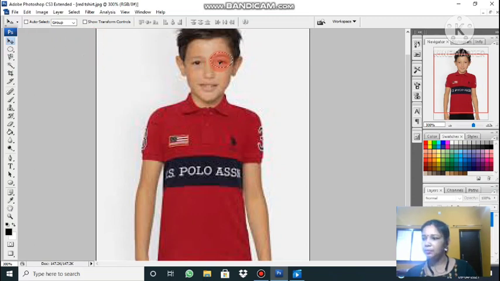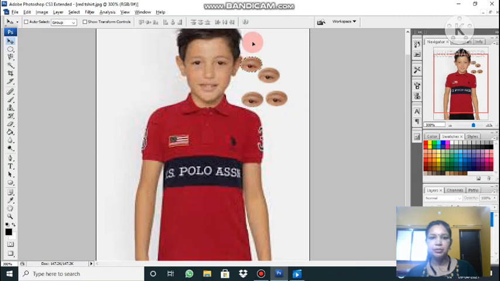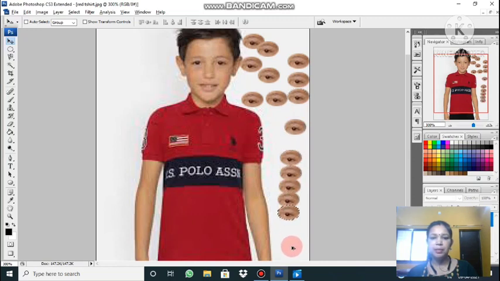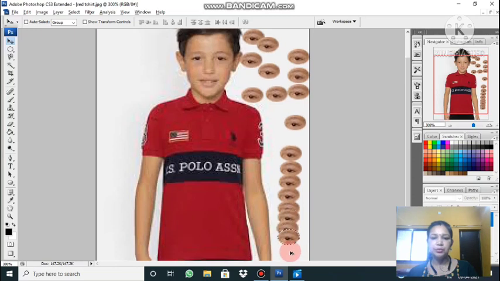Then now move the mouse. Can you see? Same way, if you press the Alt key again, any number of eyes you can drag from one location to another. Can you see this? So this is duplicating the part of the image using the Marquee tool.